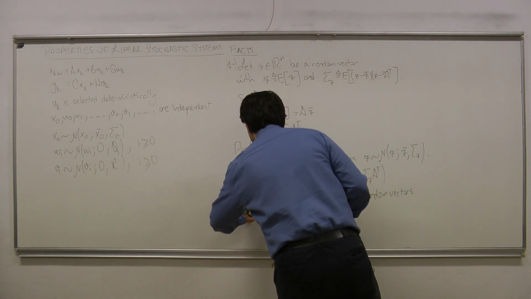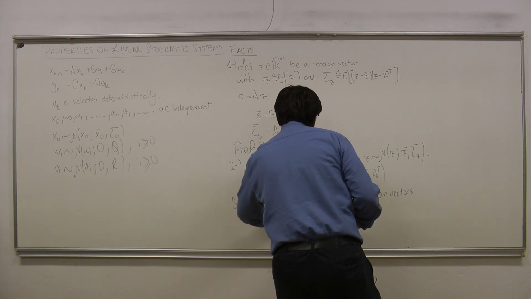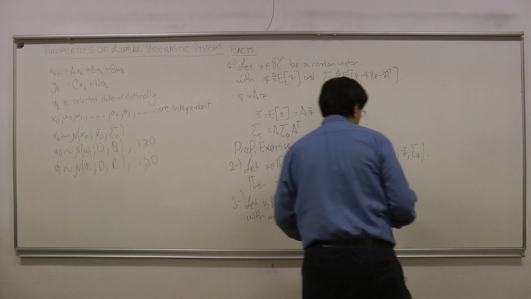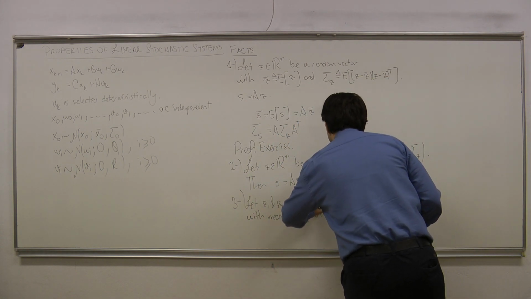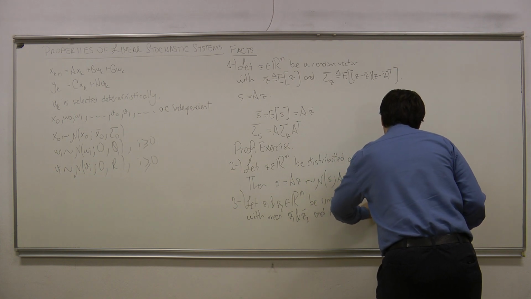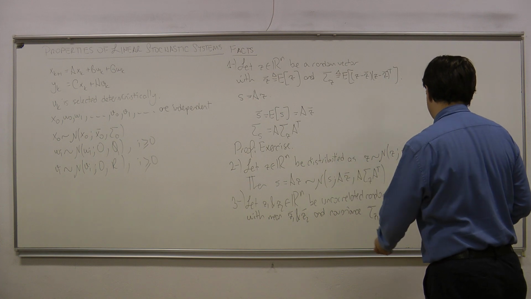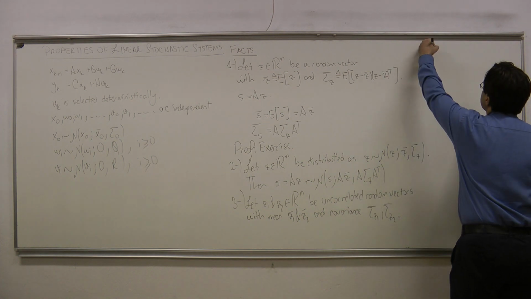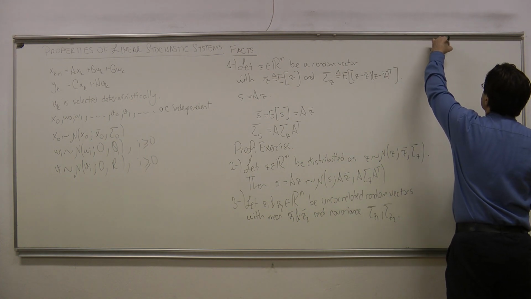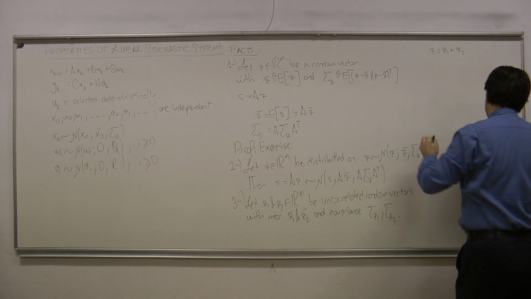With mean Z1 bar and Z2 bar, and covariance sigma Z1, sigma Z2, respectively. So if we define a new random vector as the sum of these two random vectors, let us say S equals Z1 plus Z2,